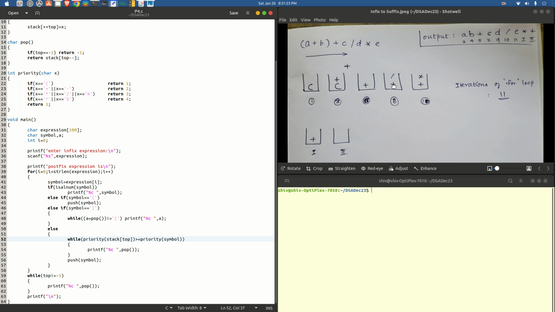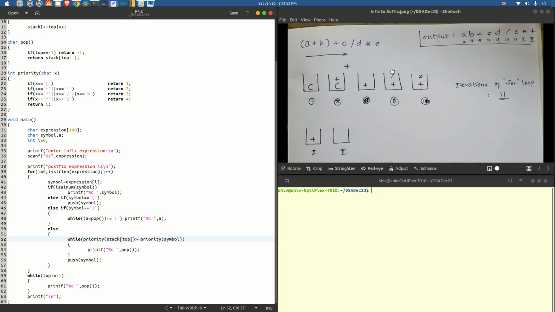So that is why you would see that the divide operator is popped out. That is happening in the 10th iteration, and in the same iteration the divide which is popped out is carried out here, and the new symbol, that is the incoming symbol, is being pushed into the stack. That is executed here. Just to repeat, the divide and star operators have the same priority, but since the divide